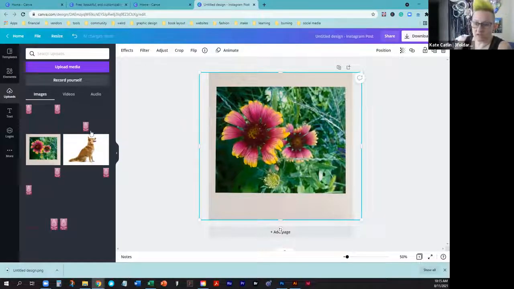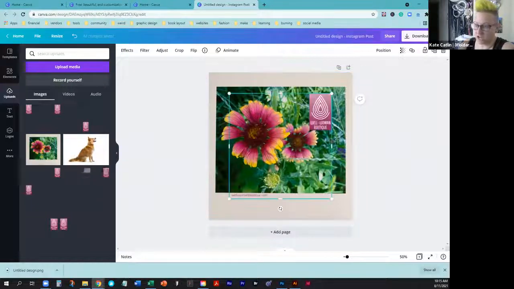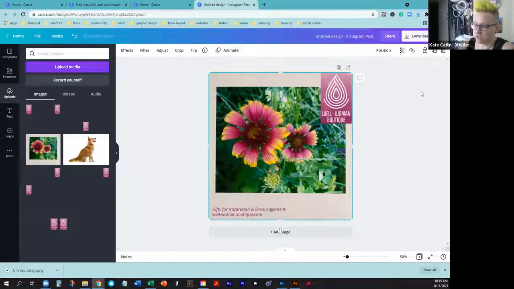I single clicked with my left mouse button on that picture to get it to pop in there. Now I'm going to click the social media template down here, the one with the logo on the right, and there it goes right on top. And pull it out to the edges of the design,